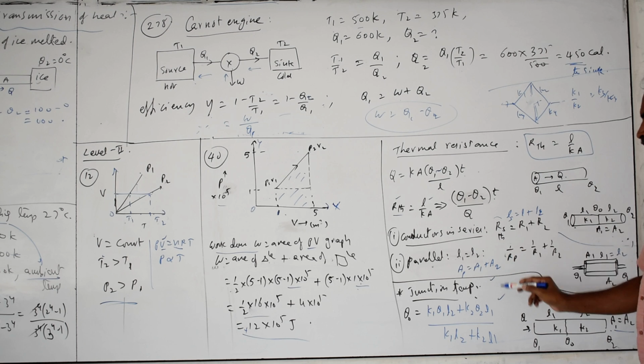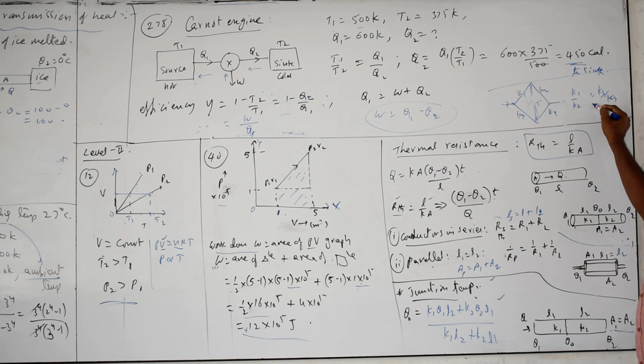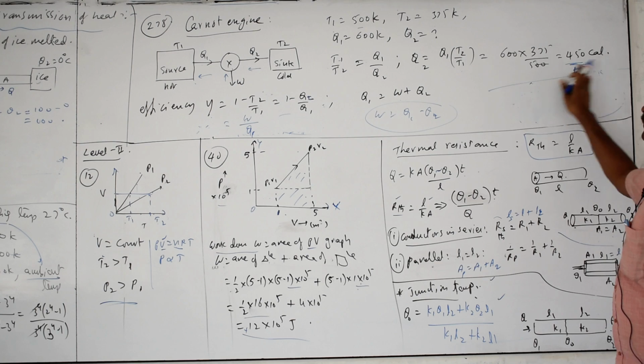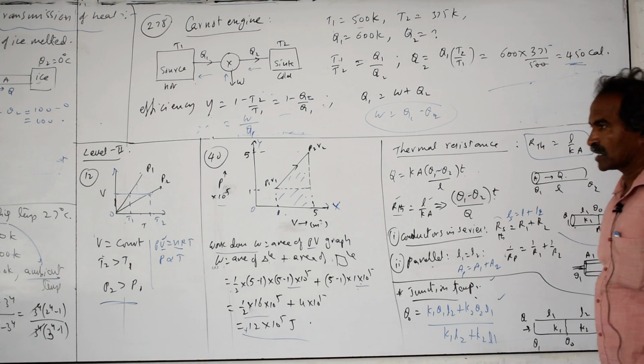Instead of K1, K2, they may give thermal resistances. If the thermal resistances are in a balanced ratio, just like the Wheatstone bridge, then similar conditions you have to take. If all are the same, K1, the resultant between these two thermal conductivity is also K1 only. K1 by K2 equal to K3 by K4 means it is a balanced Wheatstone bridge. The center rod you have to simply remove. All are equal means the result is also the same value for the thermal resistances.